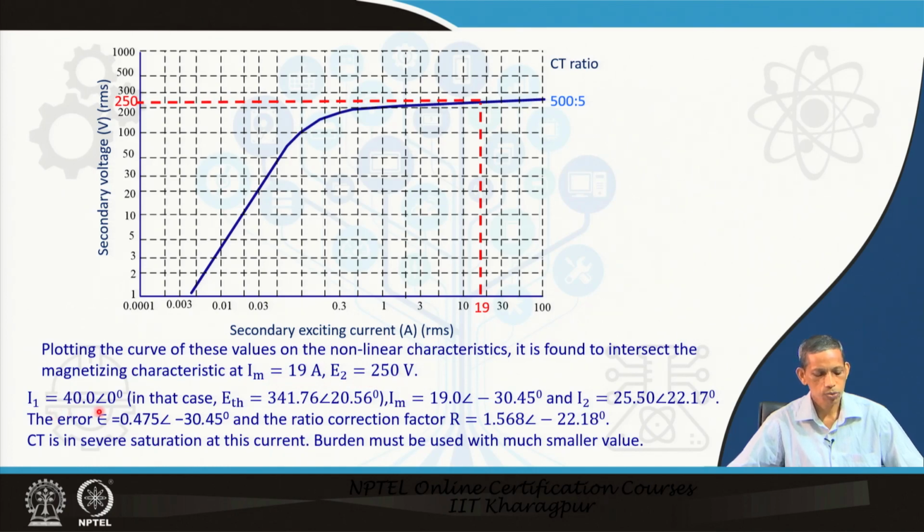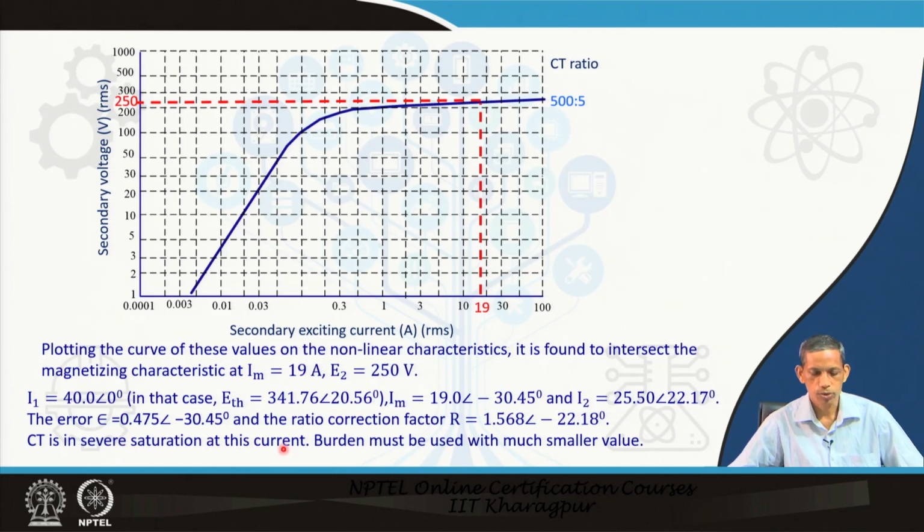So, I1, the injected current, is 40 ampere. Now, you would like to find out this I2, given the system parameters and all these things. So, from that, Im equals this, which means you can find out the Zm value, and then Im upon I1 becomes equal to epsilon equal to this, and the corresponding R factor also becomes this.